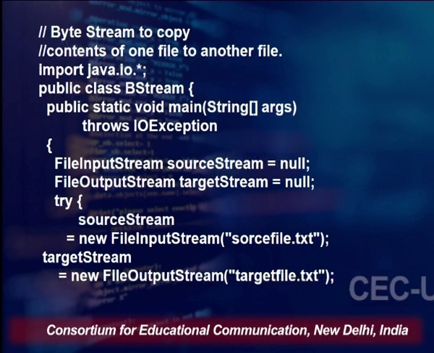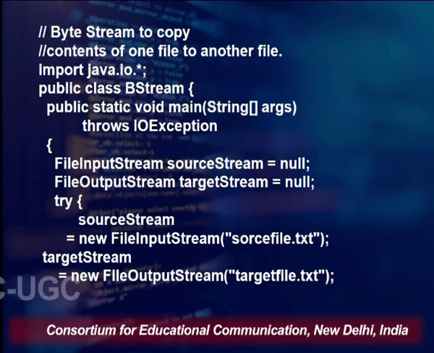So, what is the name of the file? The name of the file is source file.txt. So, what does this complete line mean? This means that we are creating a new file input stream which is connected to this source file.txt,